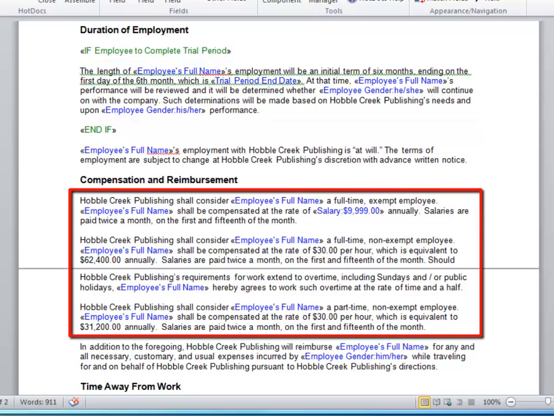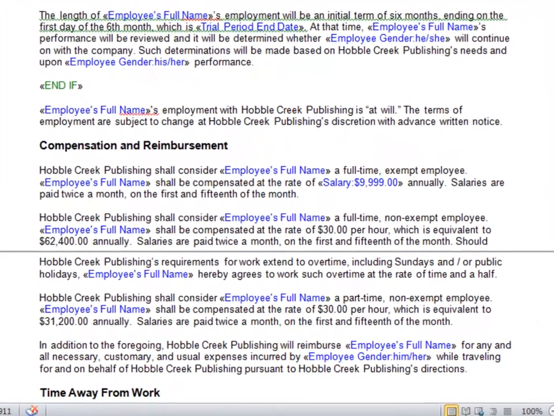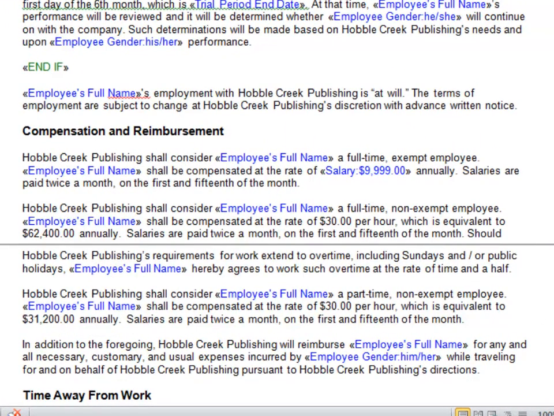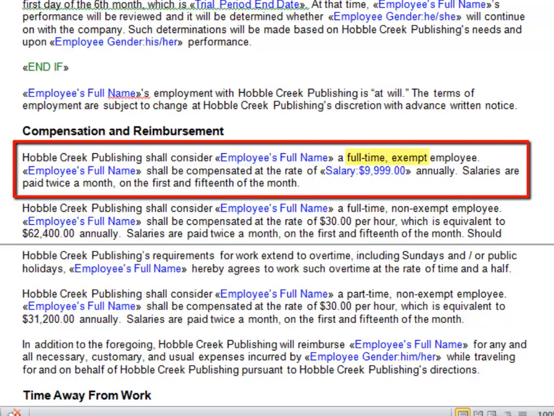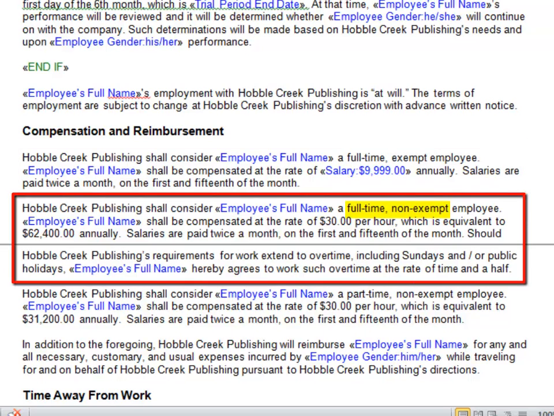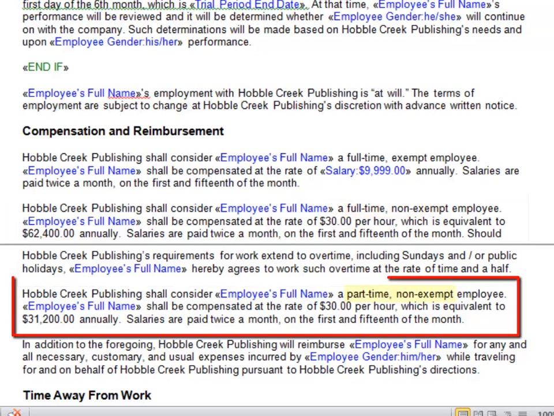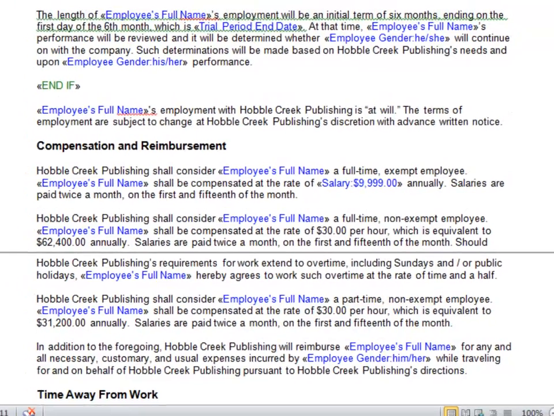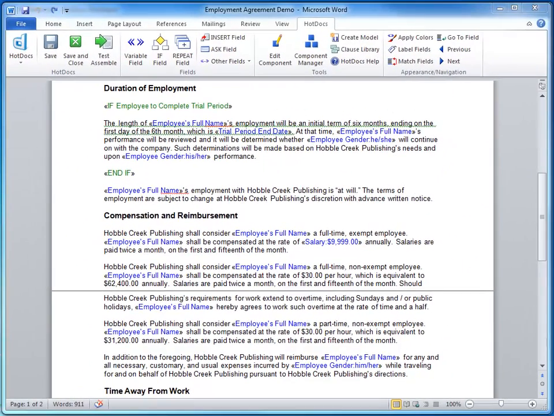Now let's look at these three paragraphs in the compensation section. Each of these paragraphs is different, and only one of them should be included in a finished document. The first paragraph is for full-time exempt employees, the second for full-time non-exempt employees, and the third for non-exempt part-time employees. To build this logic into the template, we first need to create a multiple choice component for these three